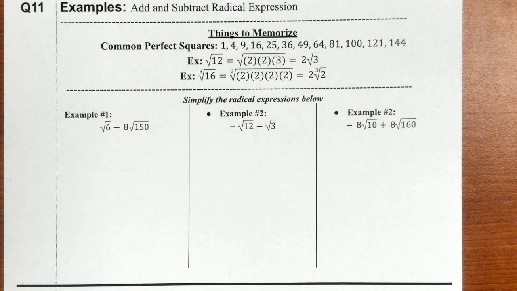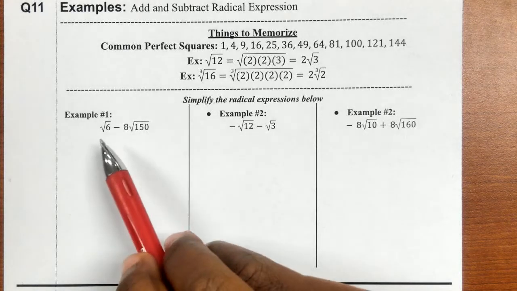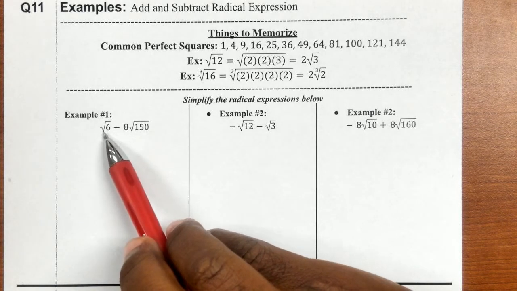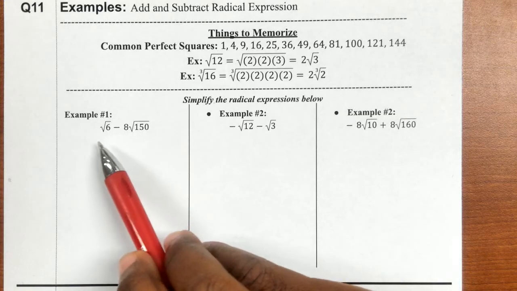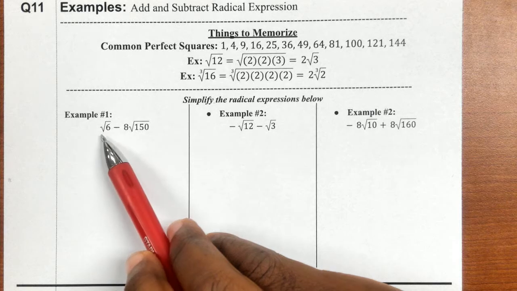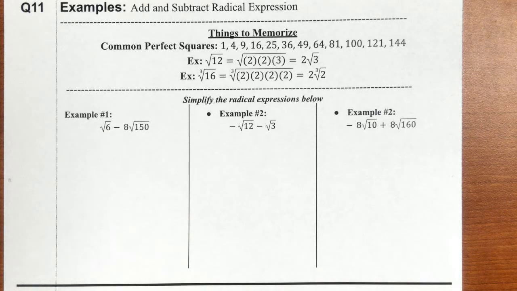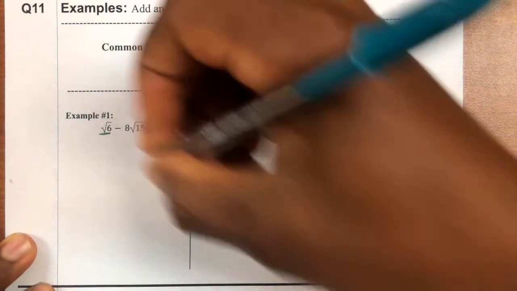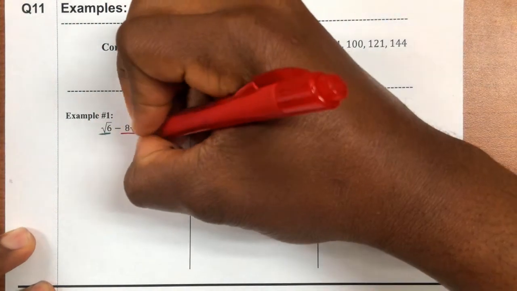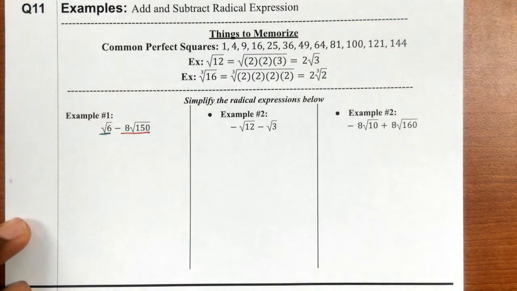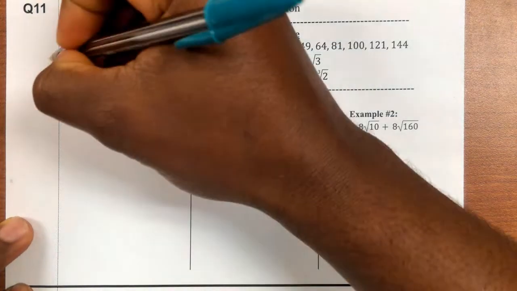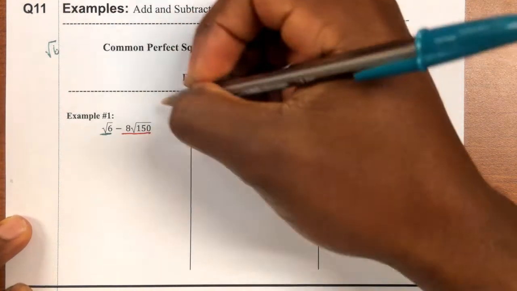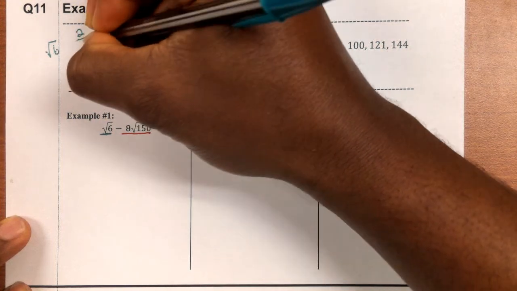So we need to try to subtract square root of 6, or radical 6, by 8 square root 150. Whenever you're doing these questions, guys, one of your two terms cannot be simplified anymore. Which one of your two terms do you think cannot be simplified anymore? The one underlined in blue, square root 6, cannot be simplified anymore because if I use prime factorization,